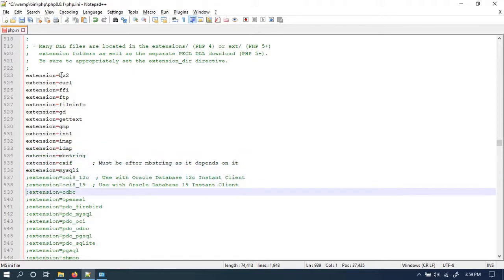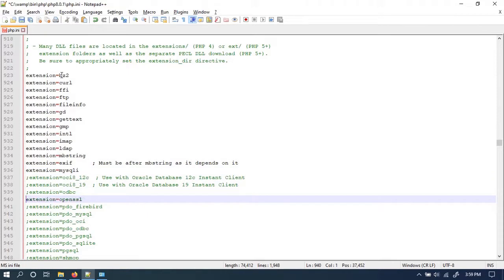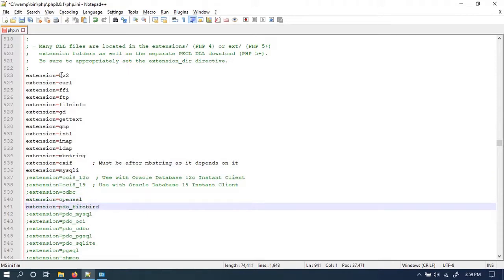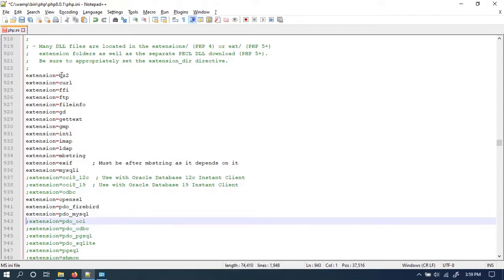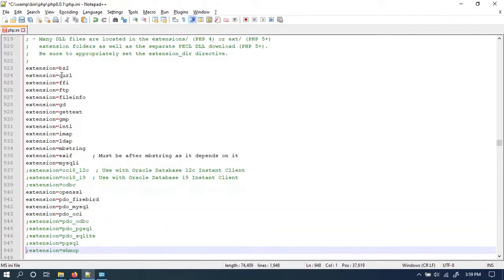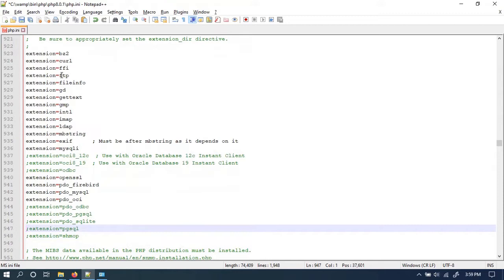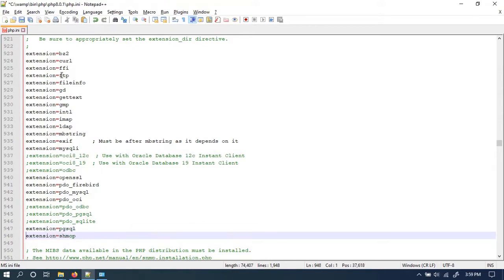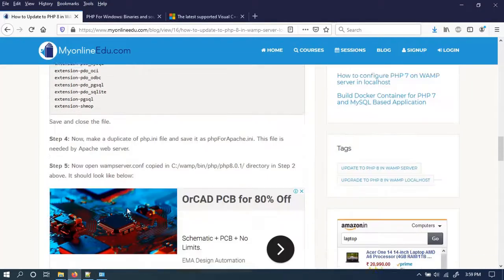So maybe the Oracle one I will skip. Then again PDO, MySQL, PDO, OCI, if you want you can. Okay, so I think these are the extensions. It's fine. So let's save it. So now this is the php.ini file. This is how it looks.